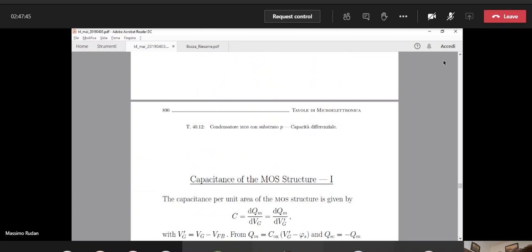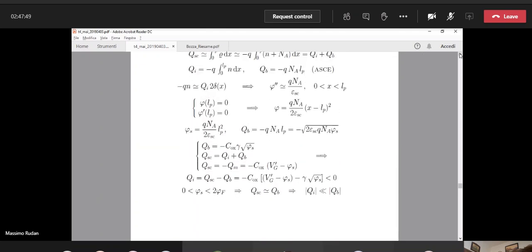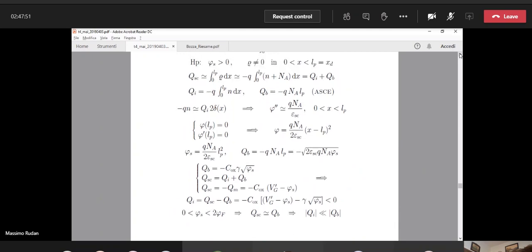Now we come to another issue, which also has similarities with the PN junction. The MOS capacitor is a structure in which there is no current, and in which we have on one side of the dielectric some charge, in the metal, for instance. And on the other side, in the semiconductor, we have an equal and opposite charge. So again,